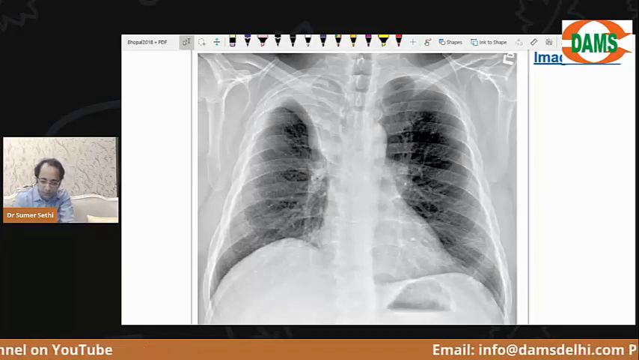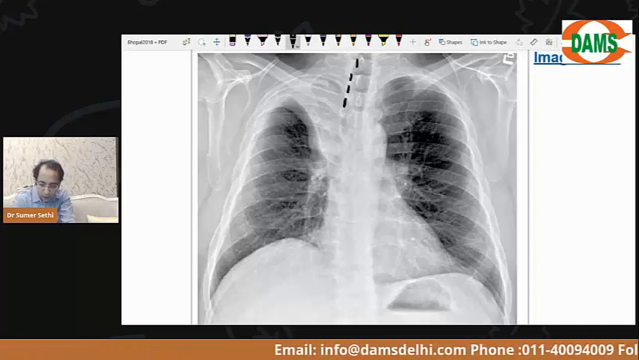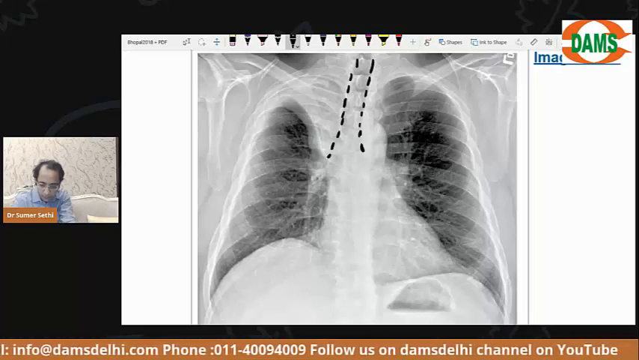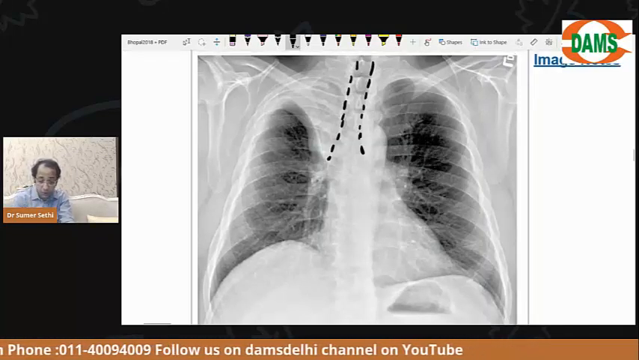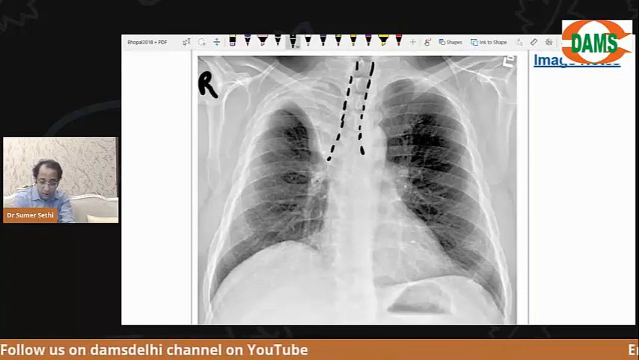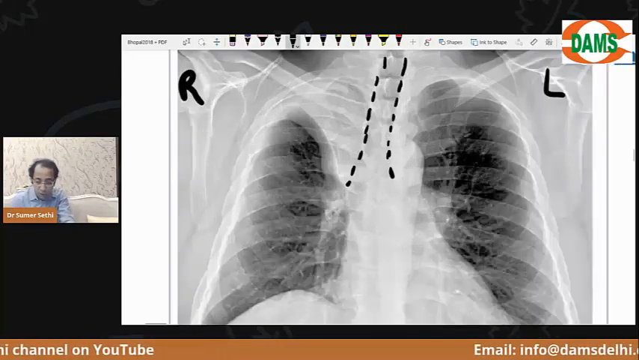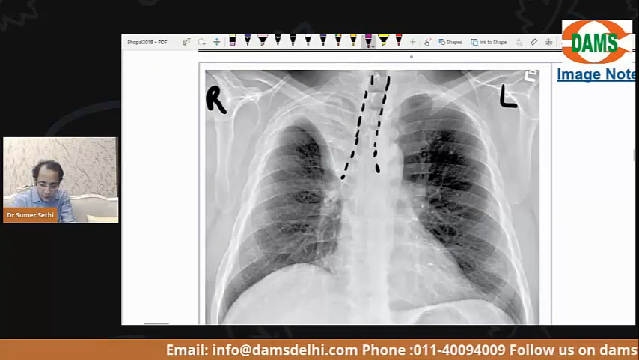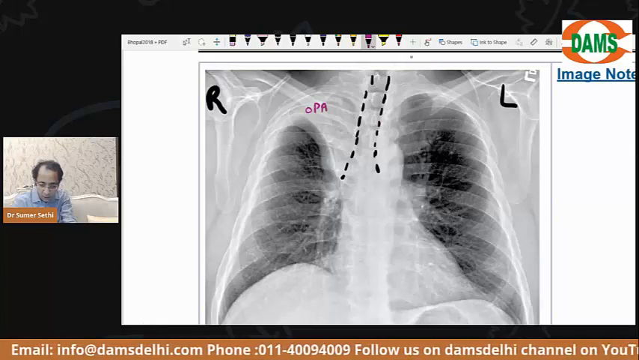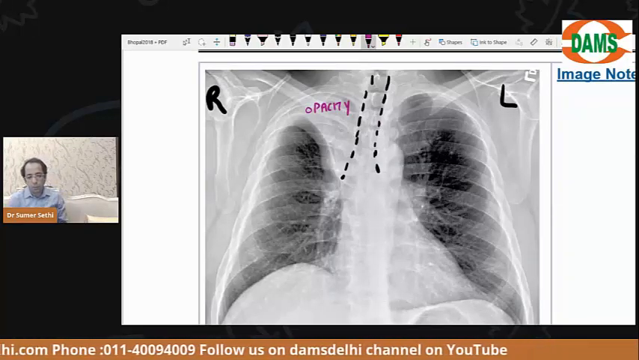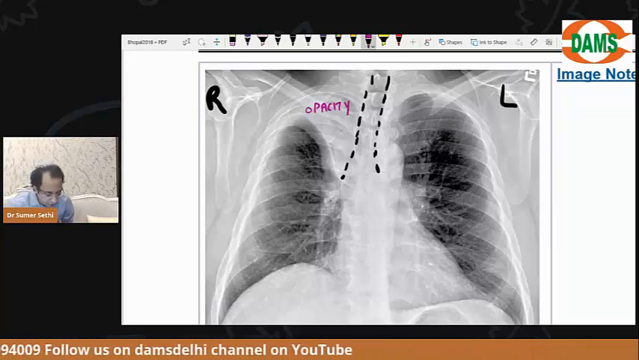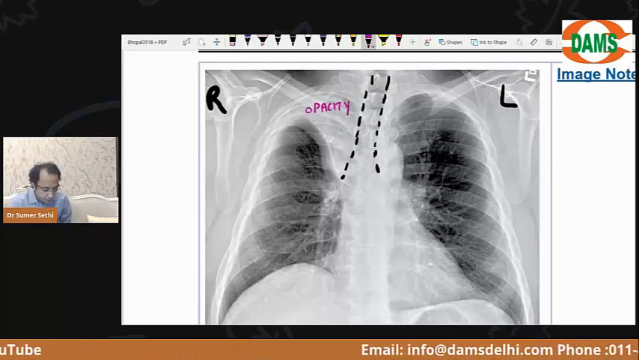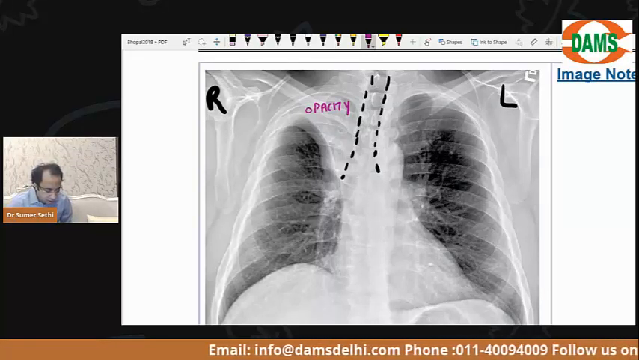Okay, now tell me, this is your trachea. Okay, this is your right side. This is your left side. Are you able to find out where the disease is? Are you able to see a disease? Yes, this is an opacity. Okay, can you see the opacity? Yes. So there is an opacity in the